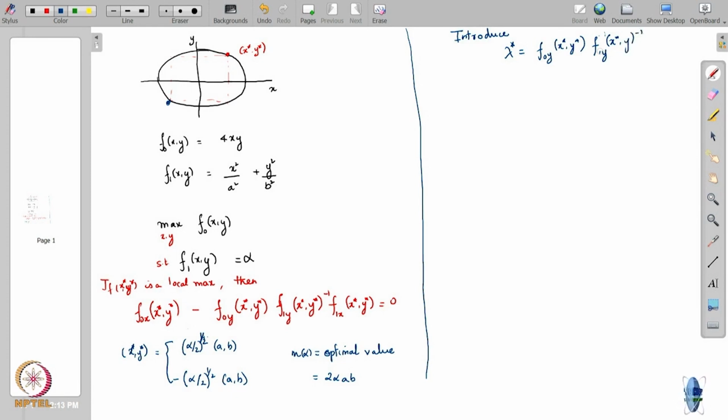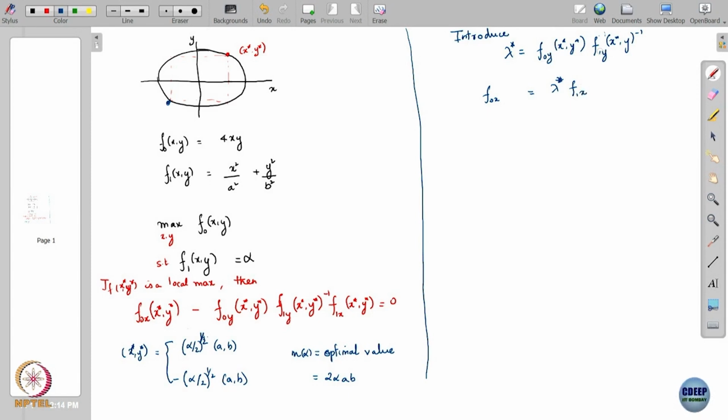Let lambda star denote this. Then in that case, I can write the red equation in the following form. I can simply say that f0 x, so I will drop the x star y star for simplicity, f0 x is equal to lambda star times f1 x,